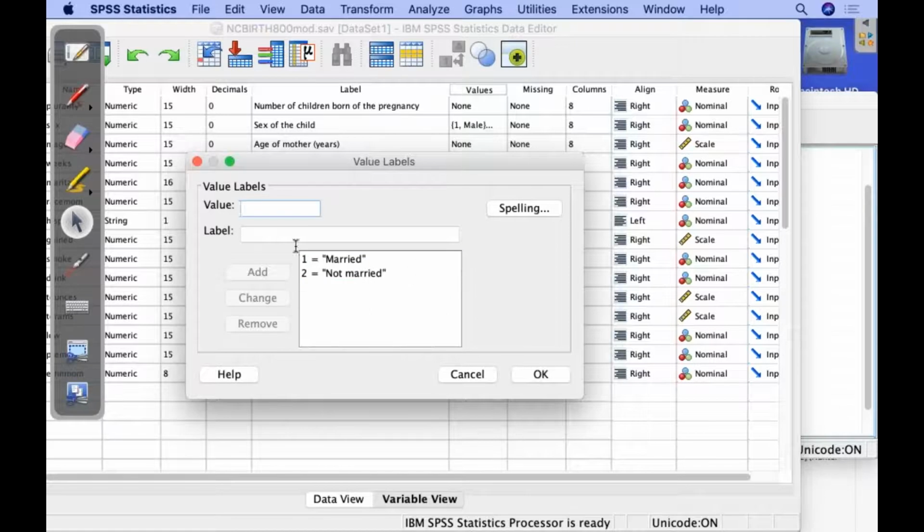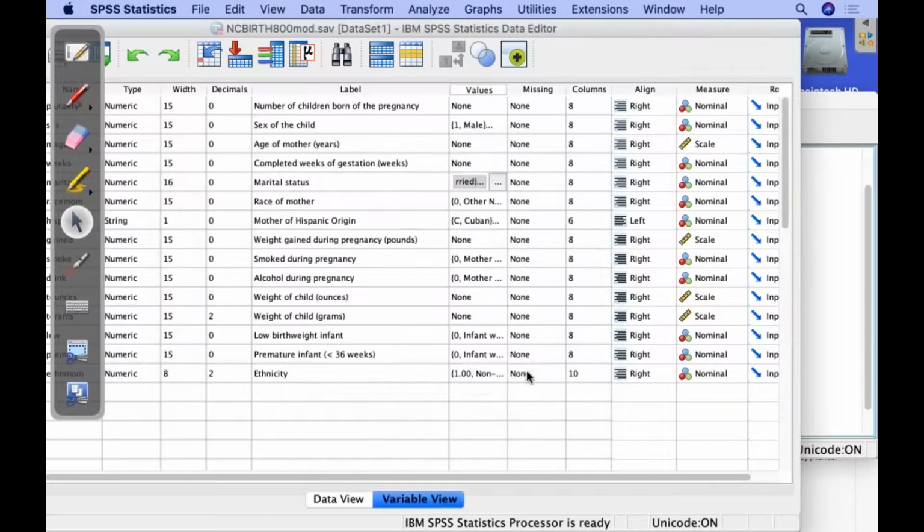The way that we know what this is, is because we're working from a code book, a chart or an Excel file or a Word file that tells us that the variable values for marital status are 1 equals married and 2 equals not married. So we're not making it up. It actually is what the data represents. So now I'm going to go to my data view again,